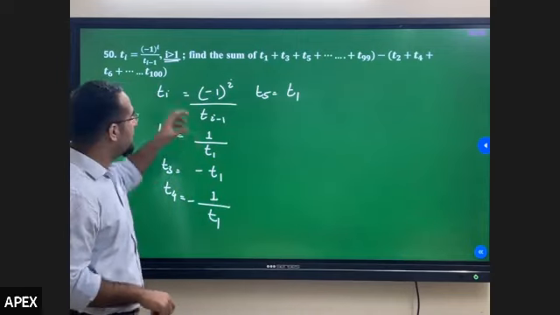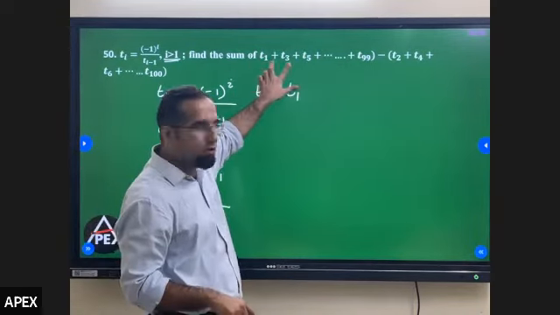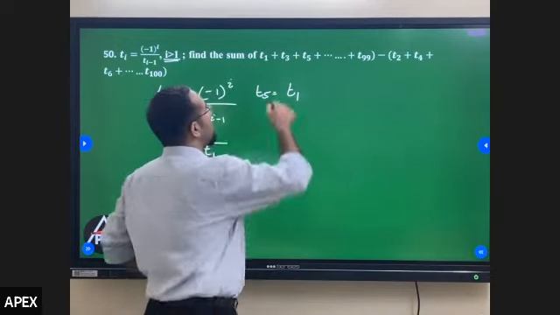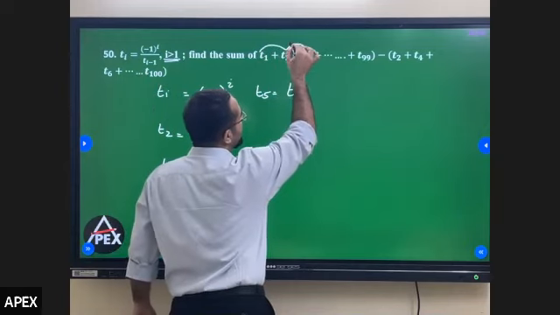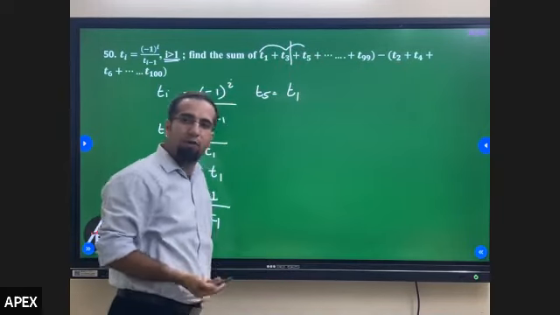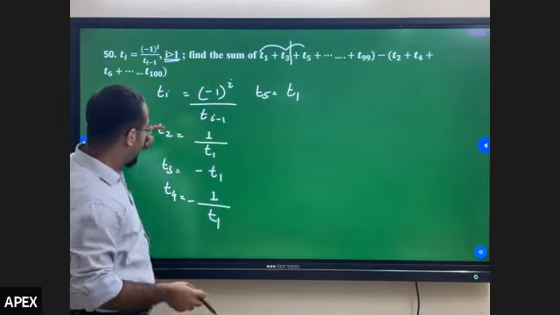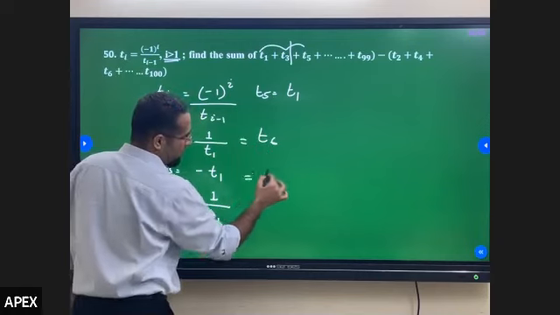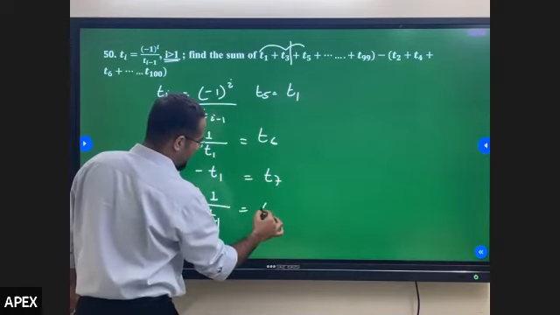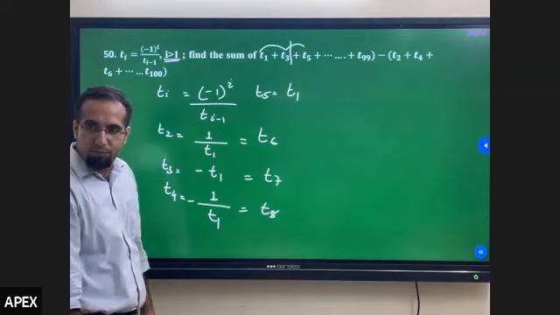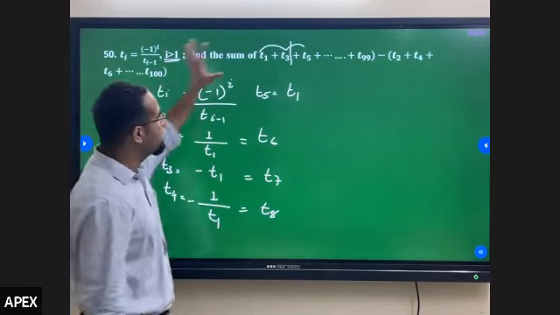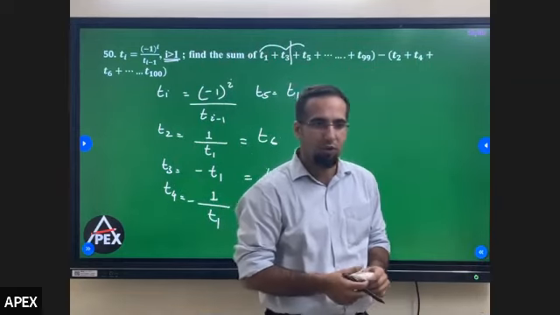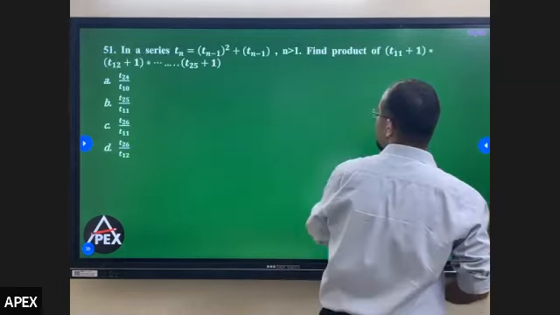Iterative series. So I can say that T1 plus T3 is 0. That means T5 plus T7 will also be 0. Right? So every pair of odd terms is giving me 0. And similarly here, every pair of even terms is also giving me 0. So T2 plus T4 will be as good as T6, this will be equal to T7, this will be equal to T8. All pairs are giving me 0. So this whole sum will be 0 and this sum will also be 0. So 0 minus 0, my answer becomes 0 only.